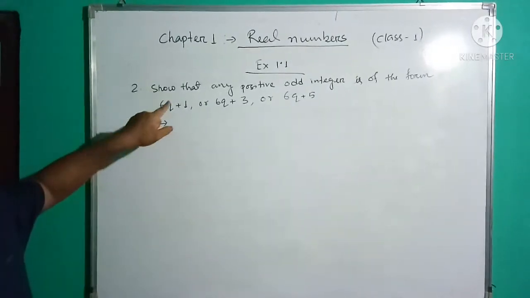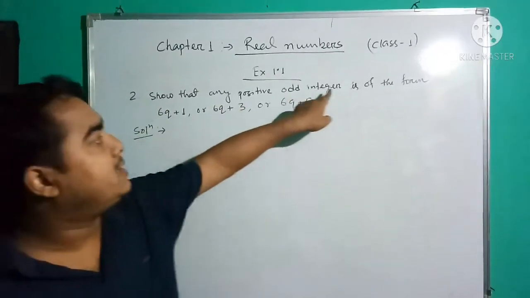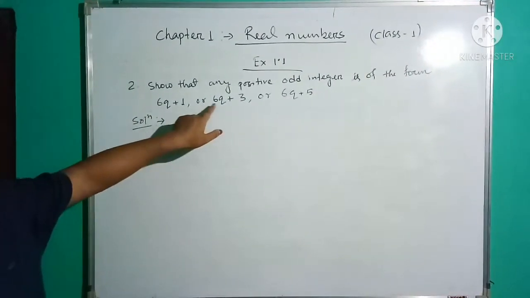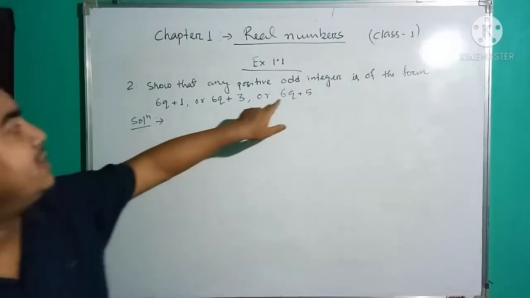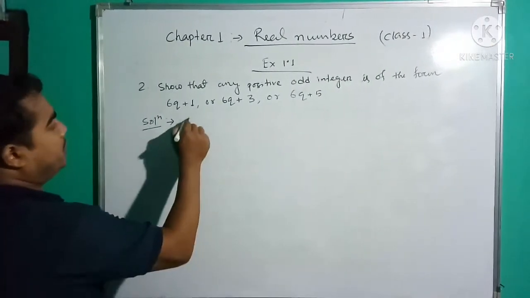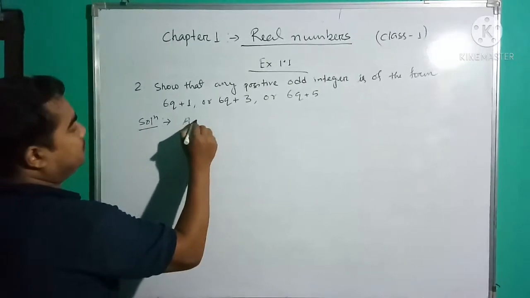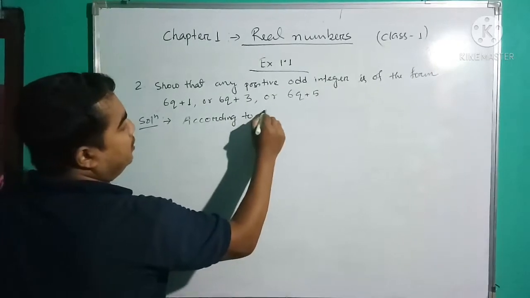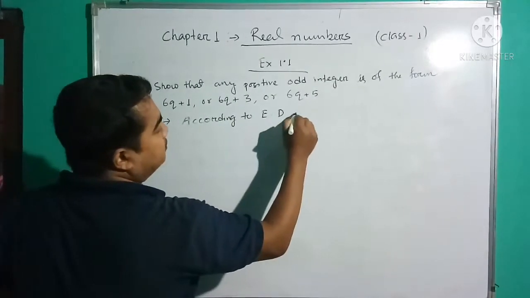Question number 2 is, show that any positive odd integer is of the form 6q plus 1 or 6q plus 3 or 6q plus 5. Okay, see the solution, right? According to Euclid's division